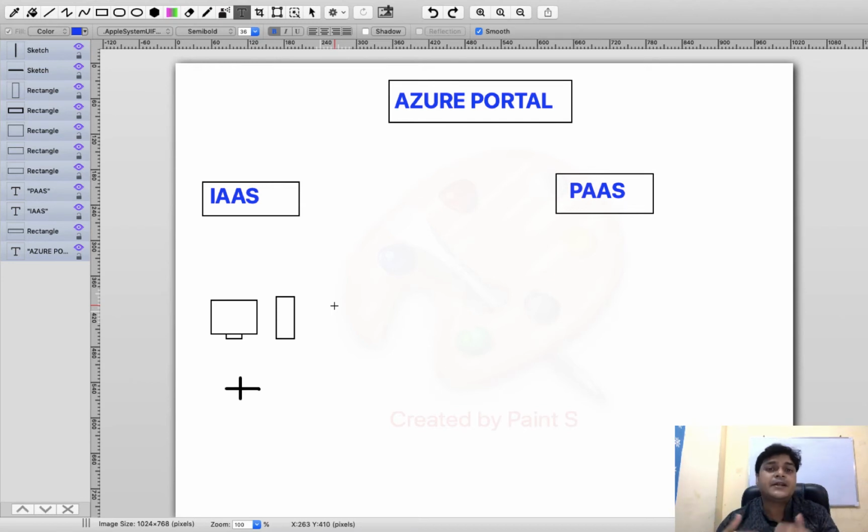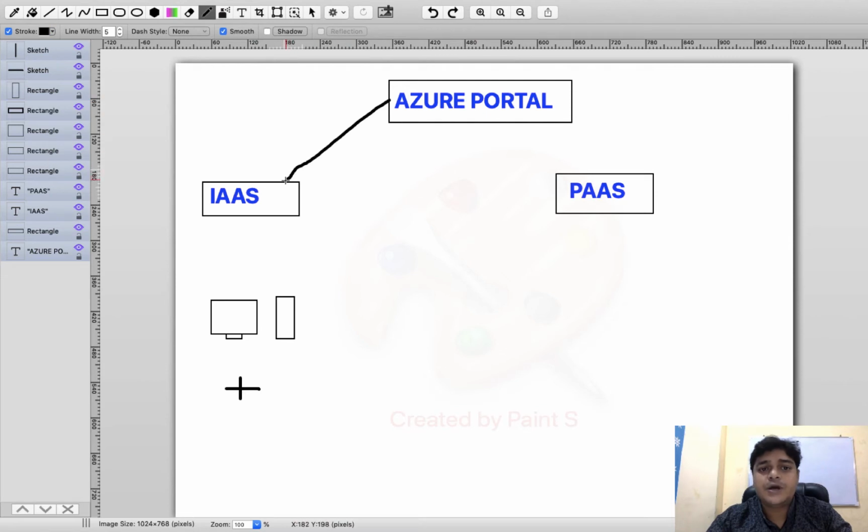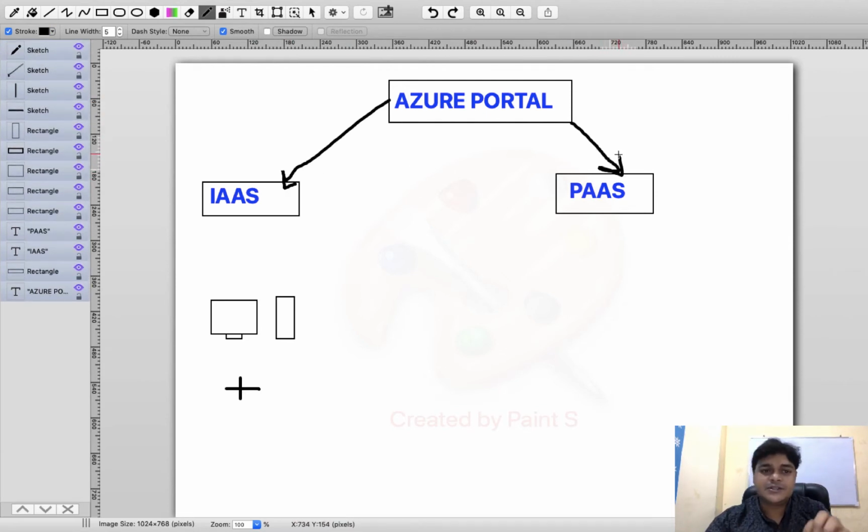So it may take more time in comparison to platform as a service, because in the case of infrastructure, you are responsible for managing each and everything yourself. You need to follow the entire set of steps to host your website. So guys, this time I'm going to show you the live practical of how you can host your website with the help of platform as a service. And in our next video, the second part of this video, I will show you the proper steps for how you can host your website with the help of infrastructure as a service.